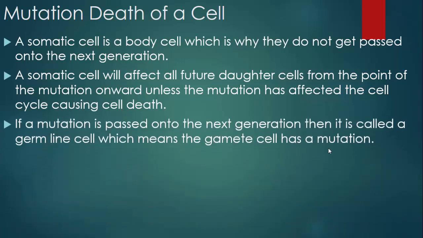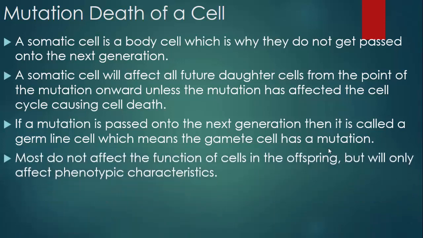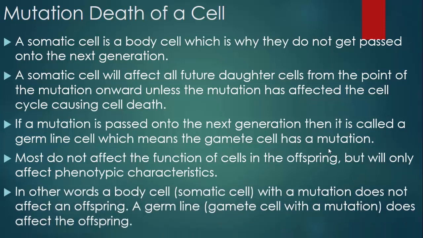If a mutation is passed on to the next generation, then it's called a germline mutation, which simply means the gamete cell, the sperm or egg cell, has a mutation. Most do not affect the function of cells in the offspring, but will only affect the phenotypic characteristics. Now, the phenotype is what you can physically see. In other words, a body cell, which we call a somatic cell, with a mutation does not affect an offspring. A germline, which is a gamete cell, sperm or egg, a sex cell with a mutation, does affect the offspring,